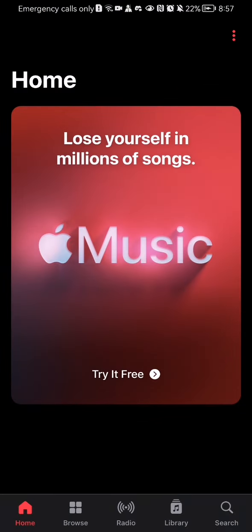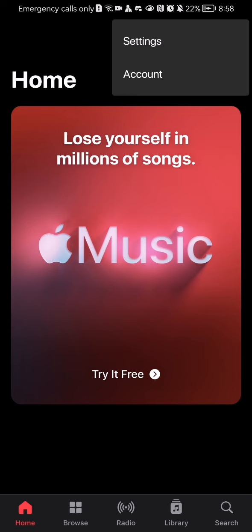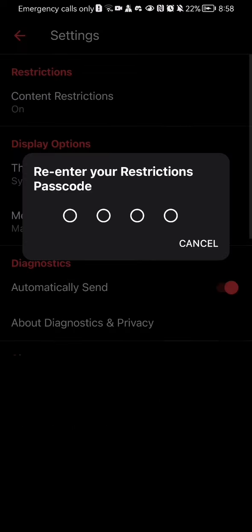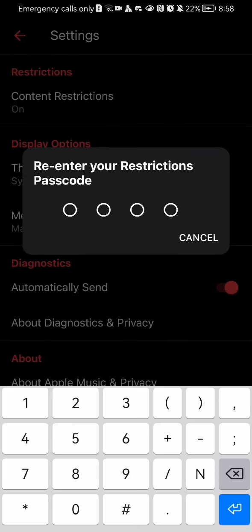After you have done that and you are on the home page, you should look at the top right corner and there you will see three dots. Press on it and here you should press on the first option, which is settings. And also you can see here the first option being the content restrictions, and all you have to do is just press on it, and here you have to enter the restrictions passcode,